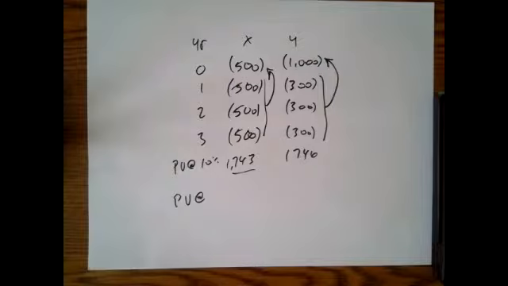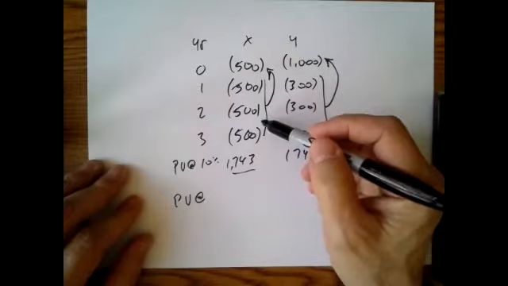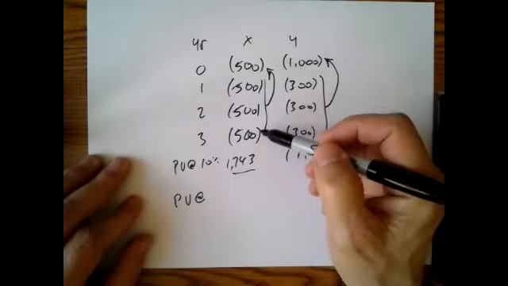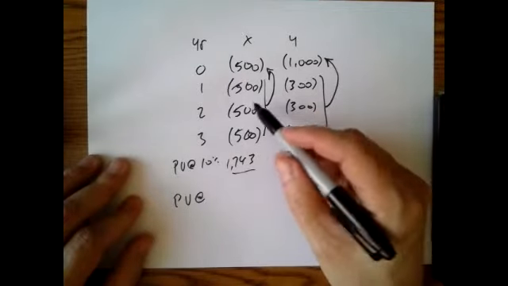Now, if this was a normal project where you had an initial investment and then cash inflows, it would be appropriate to raise the discount rate from 10 to 12%, because that would make the future cash inflows less valuable. But if we do that here and we charge 12% instead of 10%,